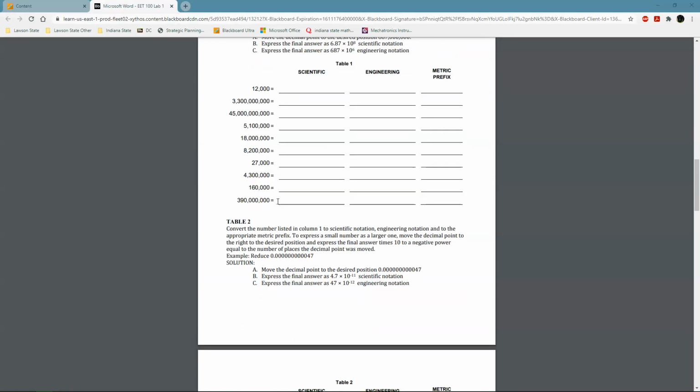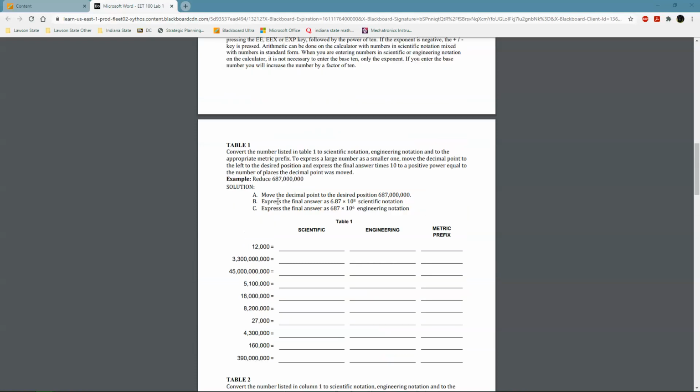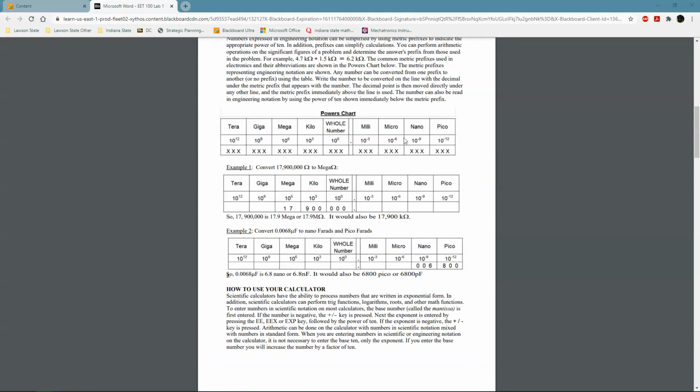Part of what you need to make sure you do for memorization for this class is you need to have this right here. You need to have these memorized. So if you see something like a -3, well, that's milli. -6, micro. +9, that's giga. I want y'all to go ahead and start getting that memorized, okay? And that'll be your main point of homework for this weekend. Sound good? Yes, ma'am. All right, then